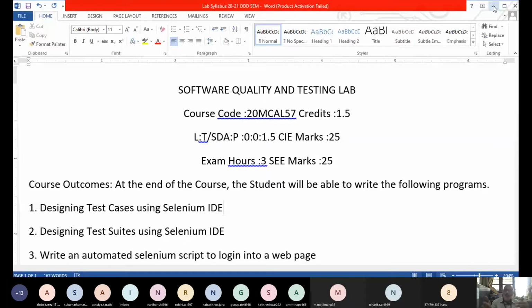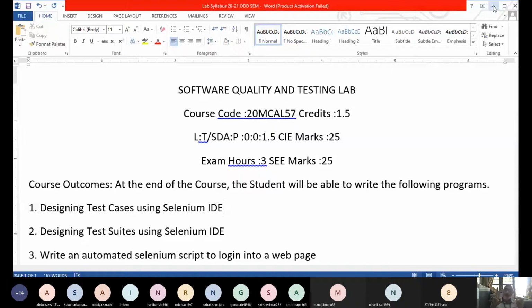This IDE helps you create a lot of test cases by recording everything, and you can play back and see whether whatever we have done on the web page has been recorded properly, and how your web page has been tested. We can test several things here. Let me give an example, and you will be able to understand how all these things happen. Is that clear? So that is one thing.